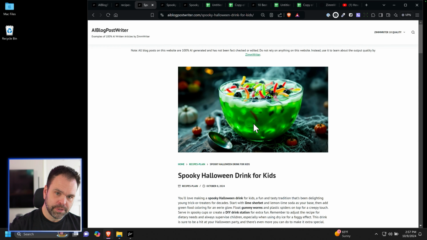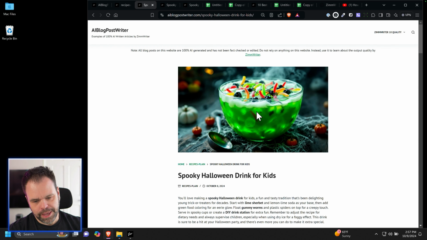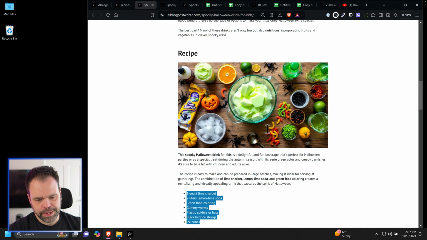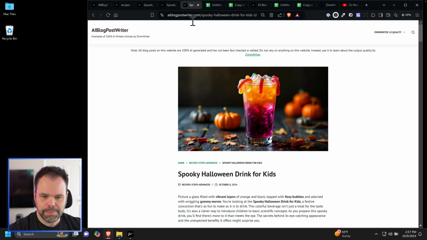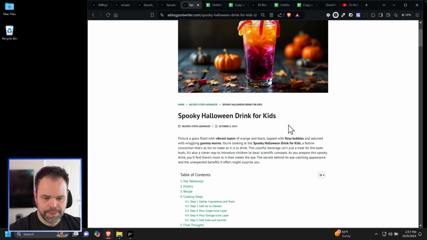So again, this is a recipe for just one particular dish, this spooky Halloween drink. The image itself perfectly depicts the recipe, and then we have all the ingredients laid out. Now, some people would rather have a step-by-step approach. So let's look at the same article, okay? Now the AI came up with the recipe, so it's going to be a little bit different in this article, but